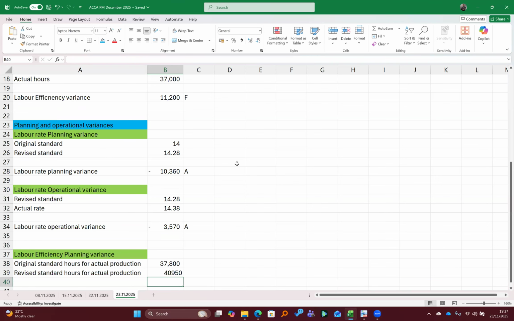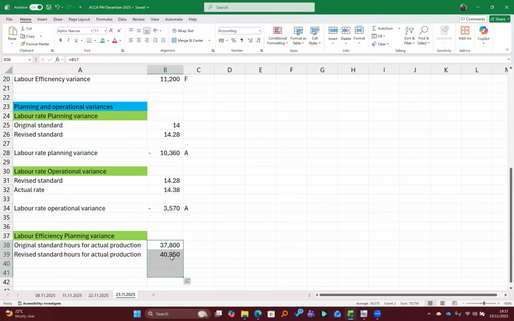So the figure turns out to be now 49.50, which means that they are assuming that the original was 37,800, but the revised one is 49.50. So the revised standard requires us to use more hours. Okay? So that means that